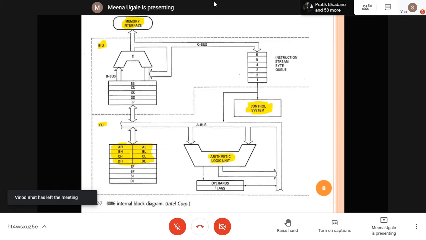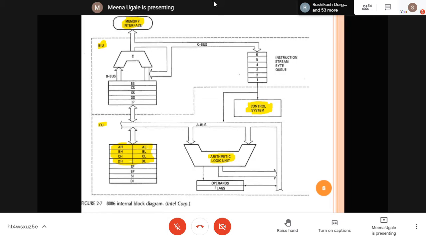Together it is known as AX. When I write AX, it is 16 bit. But sometimes I don't want to use 16 bits, so I can use the lower or higher 8 bits separately. That is indicated here with AH and AL, BH and BL, CH, CL, DH and DL.